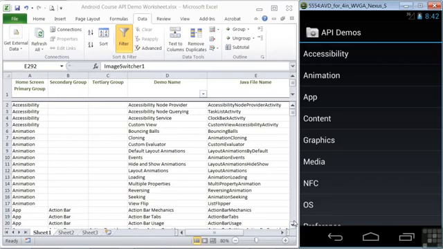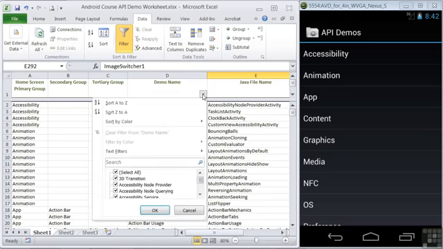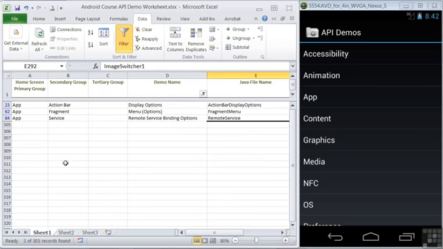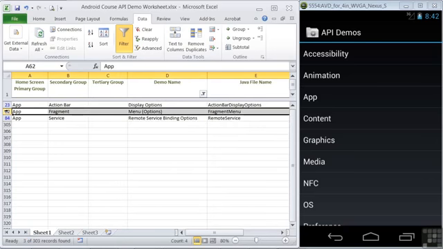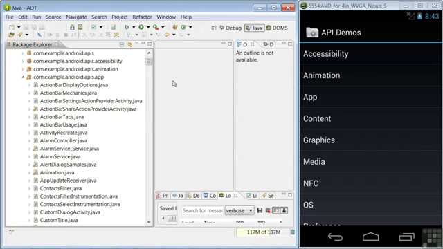Using the demo's worksheet, let's find the options menu entry, and we'll filter the demo name for options to do that. Actually, we have filter on. We can just click here. And we find an entry at line 62, and we see the Java code name is fragment menu. So let's first fire up the demo. We'll click on App, Fragment,